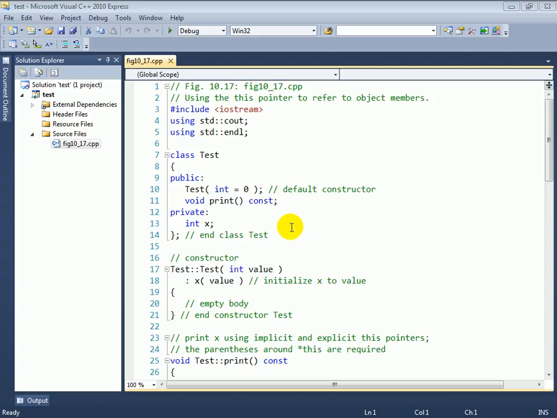Figure 10.17, using the this pointer. In this example and the next video as well, we're going to be introducing and talking about a special pointer that's accessible to you in most member functions of your class. It's called the this pointer. It's the word this, and the this pointer always references or points to the current object that's being manipulated by